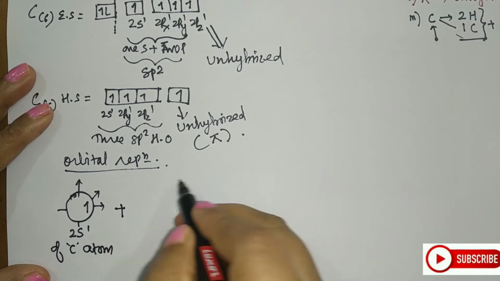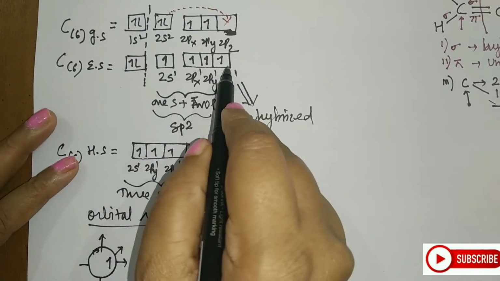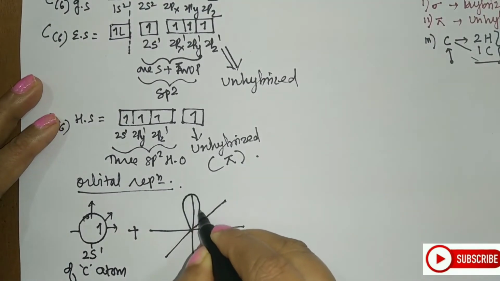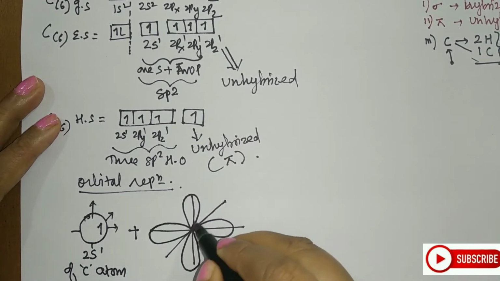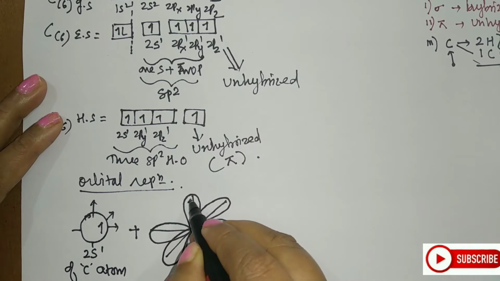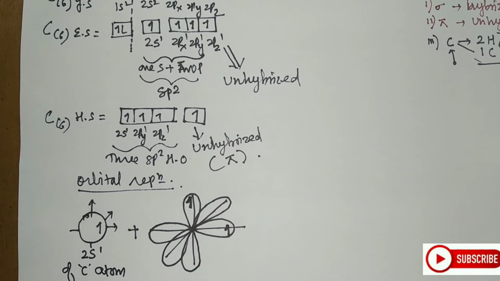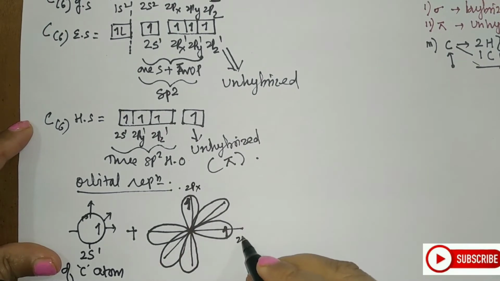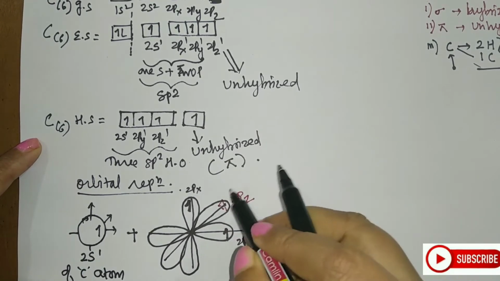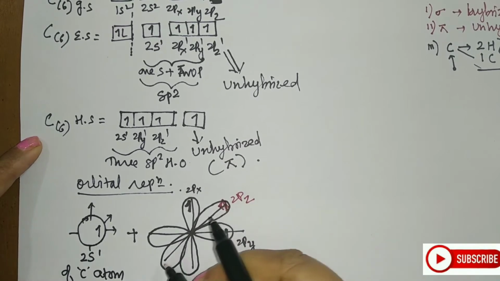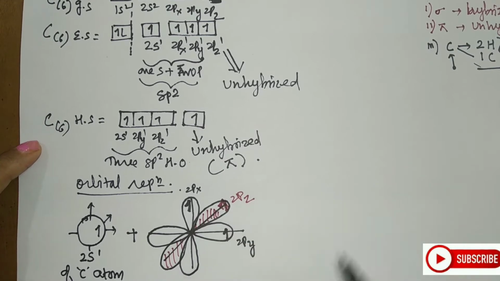Now plus, what I have here are the 3 orbitals of p, but how to show them? This is your first p orbital, this is your second p orbital, and this is your third p orbital. This is the first one with 1 electron. Here also, this is with 1 electron. Now students, this is 2px, this is 2py, and let us keep this 2pz unhybridized. To show that this is unhybridized, I am shading this orbital. It will not take part in the hybridization. It has 1 electron here.